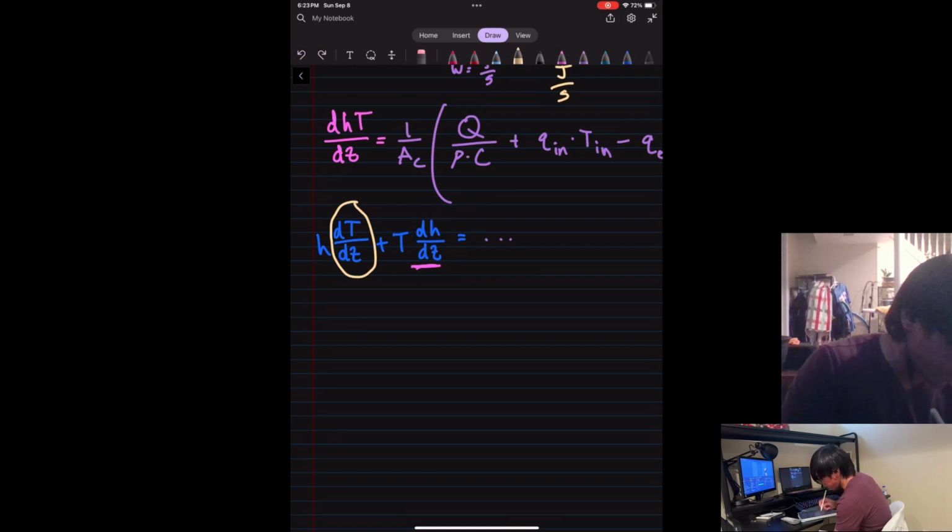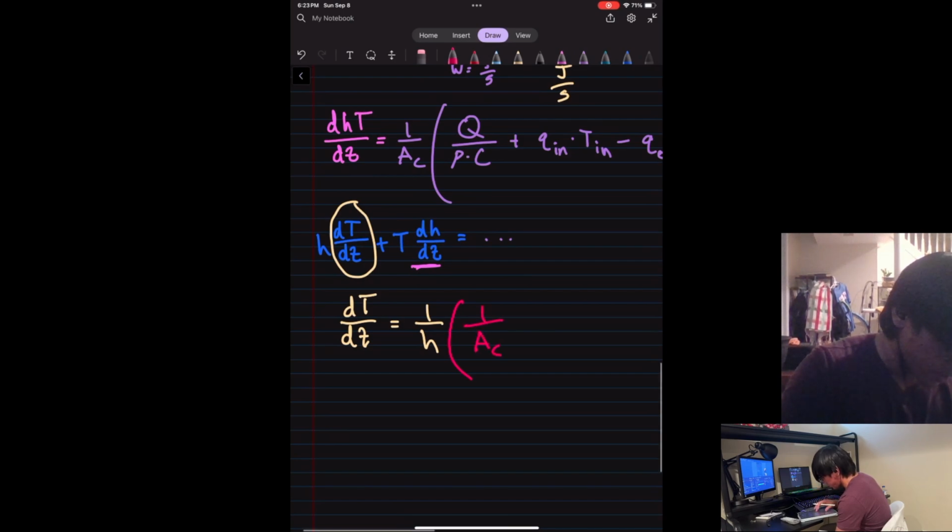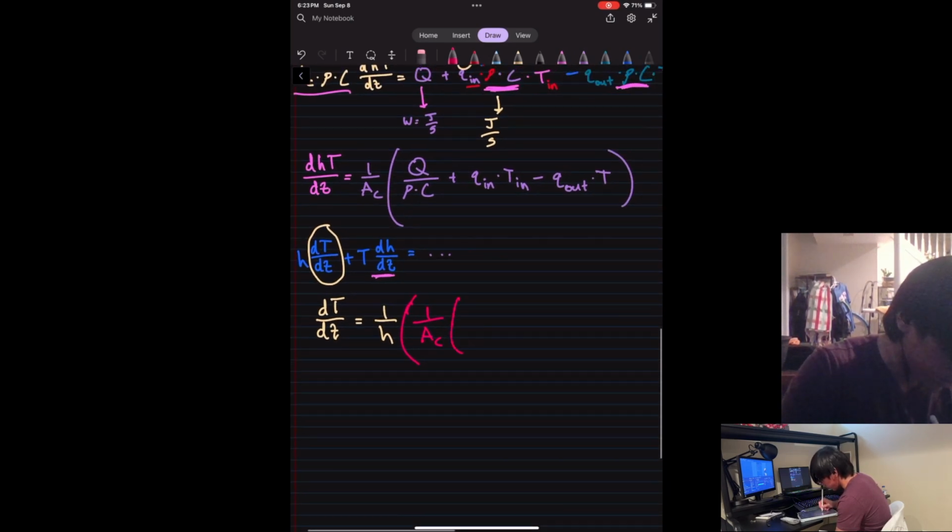So rewriting this, we have our temperature with respect to time is equal to 1 over our height, and then copying down what we have from earlier. We also have our 1 over our cross-sectional area, and then keeping everything the same within these parentheses, the heating component with the heating coil over our density times C, specific heat capacity,